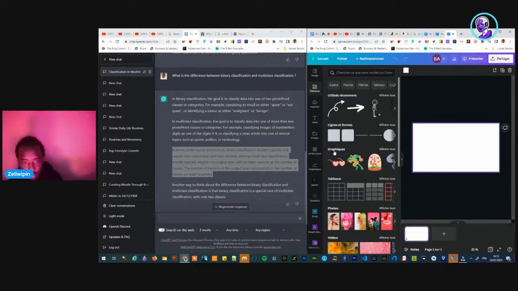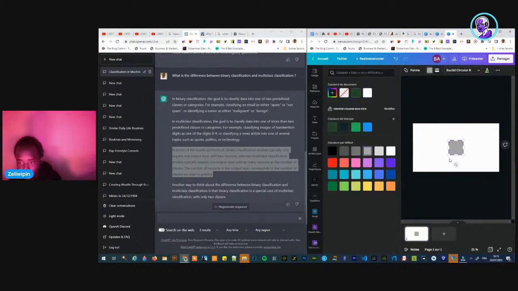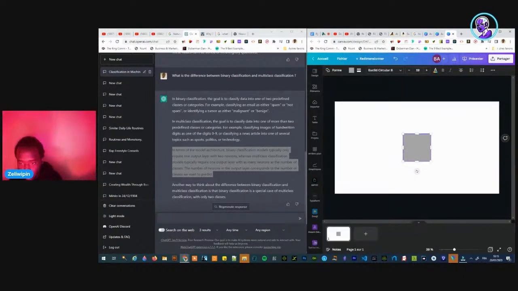In terms of the model architecture, binary classification models typically only require one output layer with two neurons. Okay, one output layer. Output layer, we can have one.